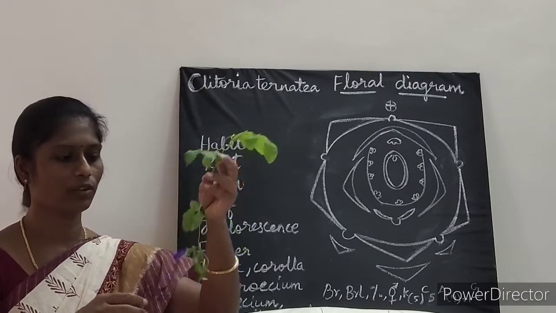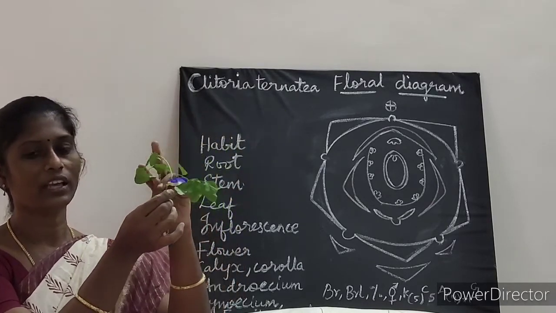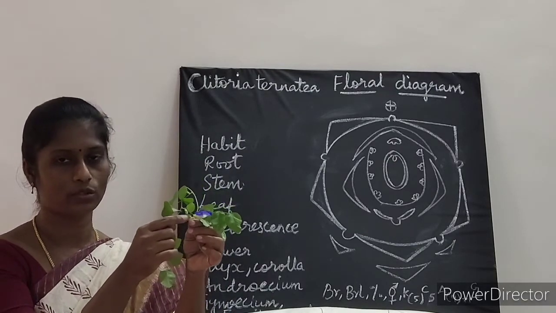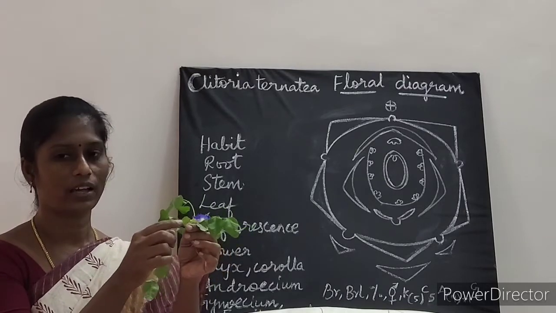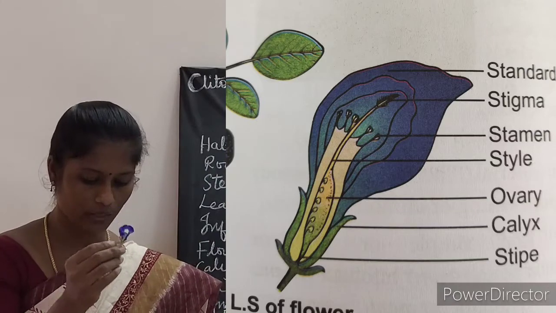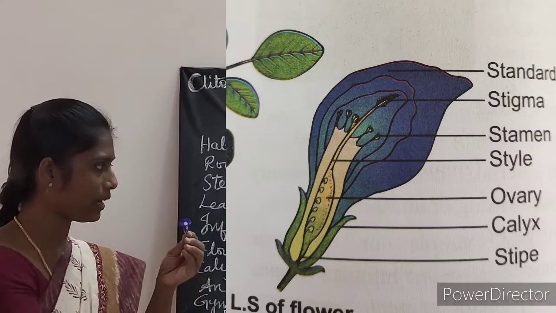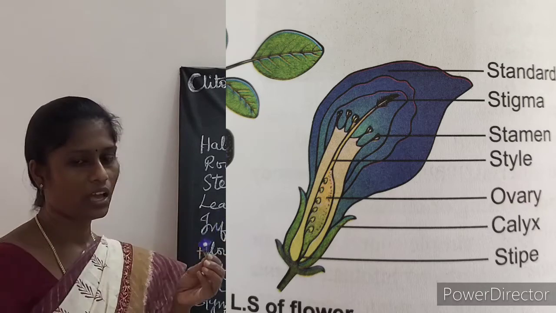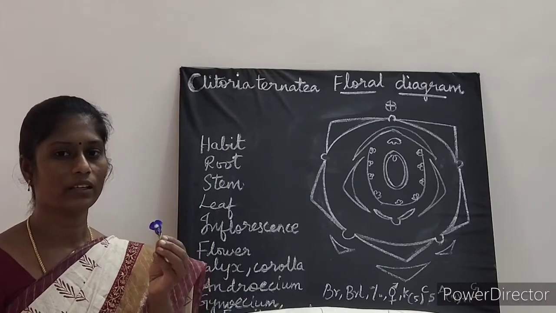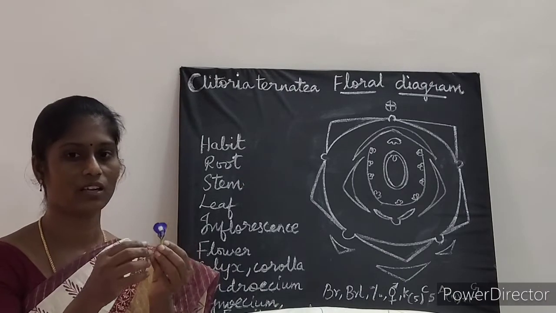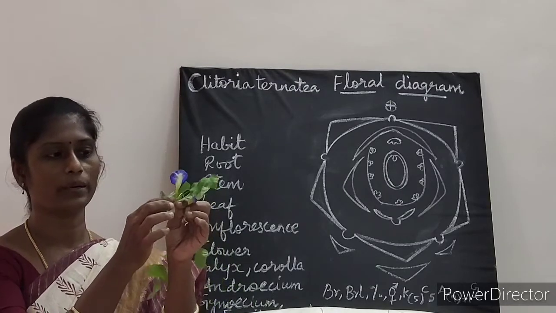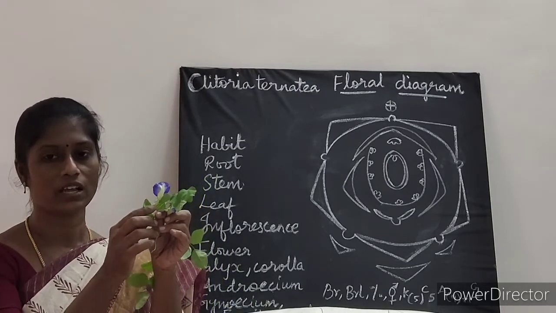Next is inflorescence. Inflorescence, if you see, is solitary and axillary. Solitary means what? The flower is single and it arises at the axil. So it is called axillary. And here the flower. The flower here is bracteate. That is why in the floral diagram it is represented as a bract. And the next is bracteolate. Bracteoles are present, and usually the bracteoles are large, and it is pedicellate. Pedicellate means what? The stalk of the flower is called the pedicel. So it is called pedicellate, presence of pedicel.